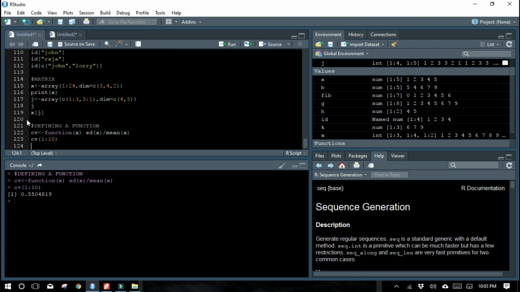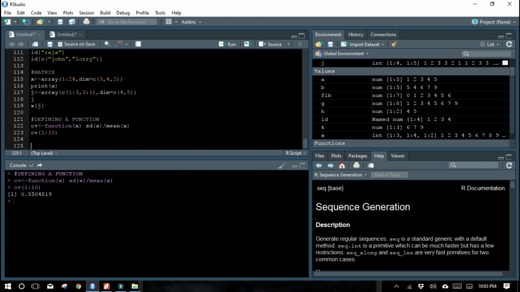What this means is, the first line creates the function and assigns it to CV. The second line invokes the function using the numbers 1 to 10 for the parameter x. So x will have the values from 1 to 10, the function is executed, and we finally get the result. This is how you create a function. You can create a function and keep it, and use it wherever you want.